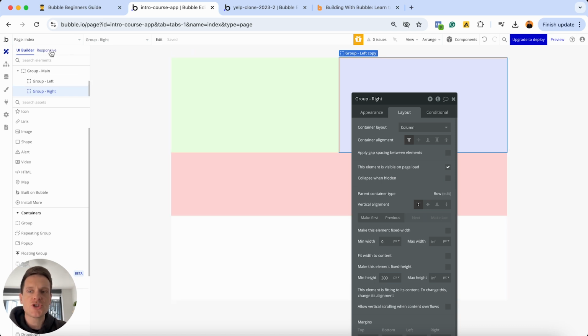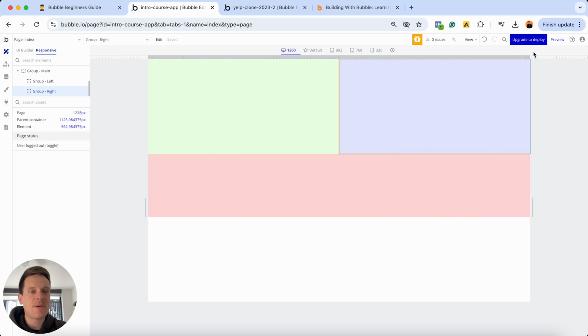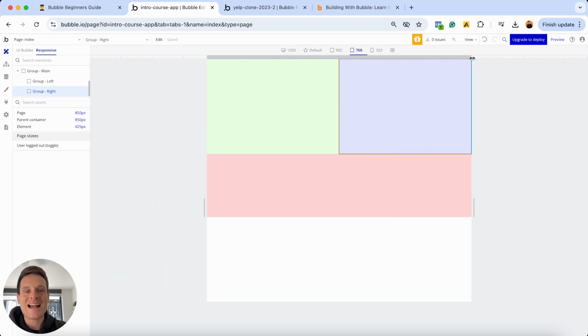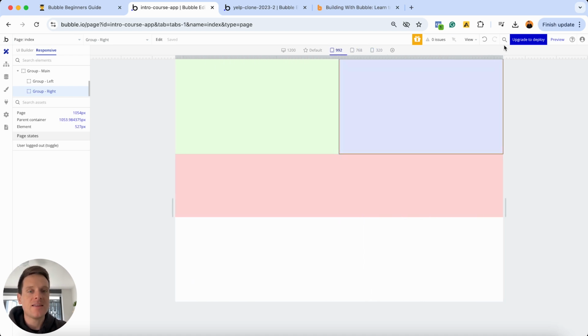So let's quickly just jump over to my responsive tab here. And what you'll see is that as we expand our page out, these groups will continually take up the exact same amount of space. And if I shrink the page down, these will shrink down to the smallest possible size, which is 0 pixels. But at any given point in time, they're going to take up the exact same amount of space. Now, there are a few additional responsive settings that I'm going to point out in a moment, but